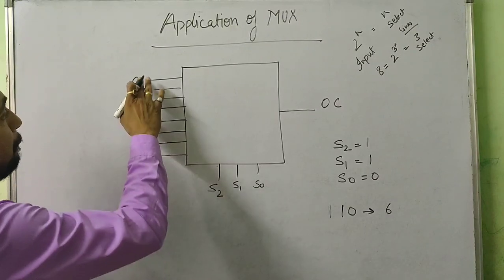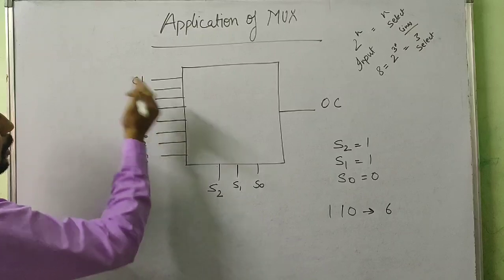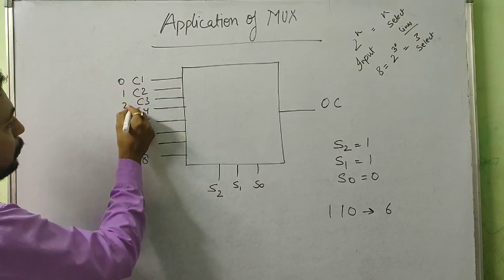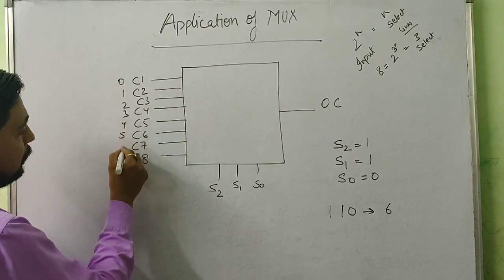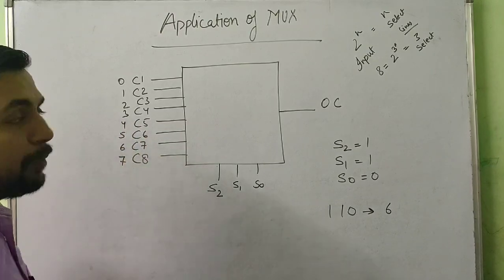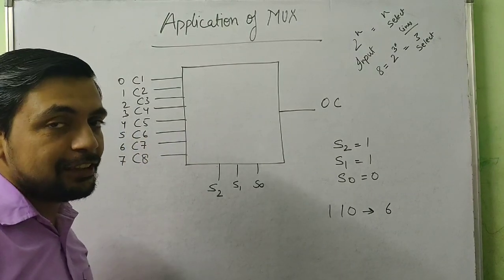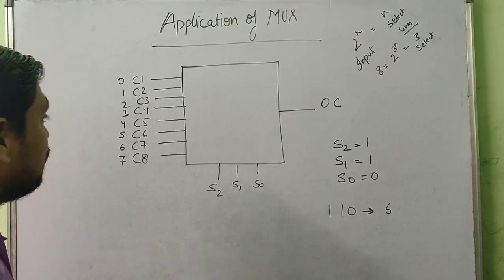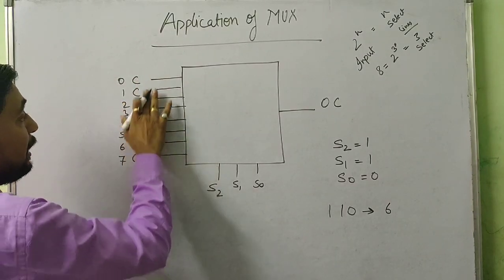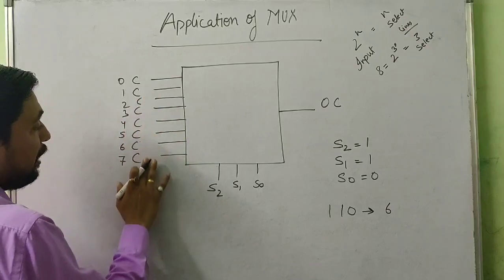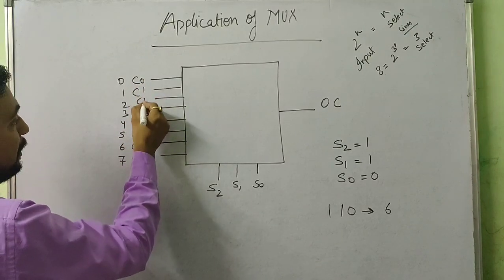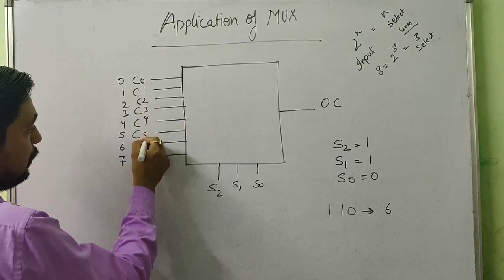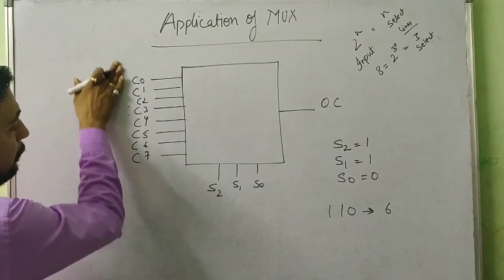It would be better if you name them from 0. So 0, 1, 2, 3, 4, 5, 6, 7. Because in octal numbers, you start with 0, right? So that's why I am starting with 0. Instead of giving them channel numbers like C1, C2, we should have given them as C0, C1. That would be easier to understand. Okay, now let it be.